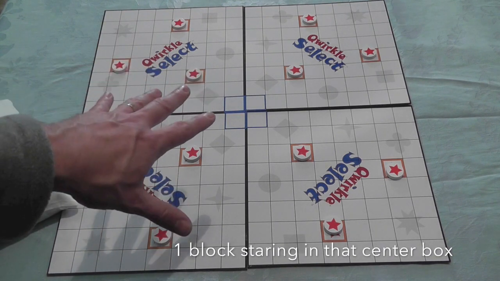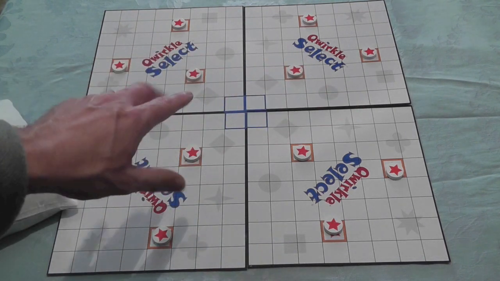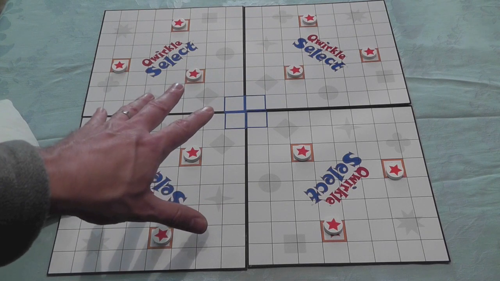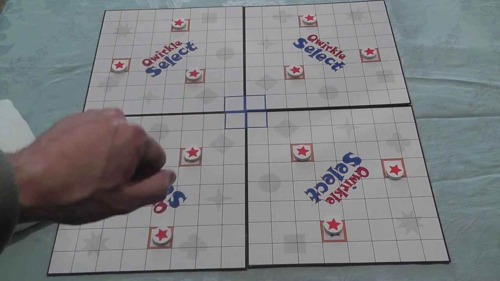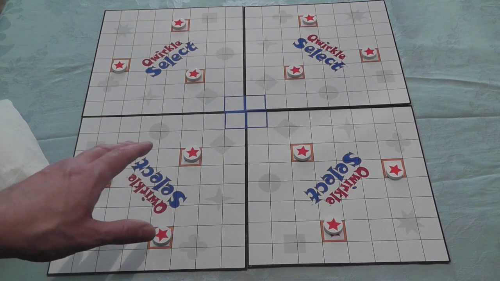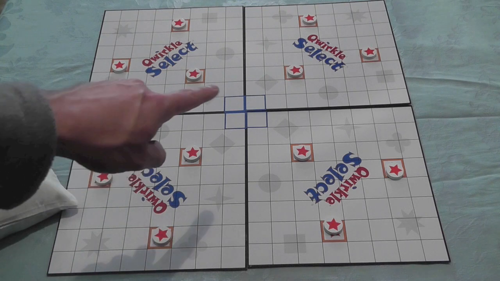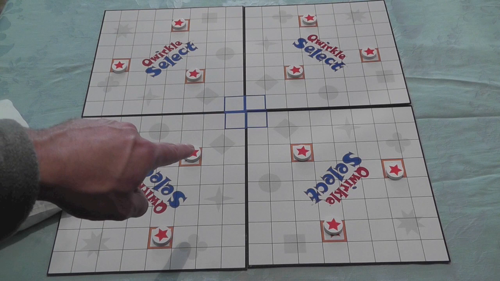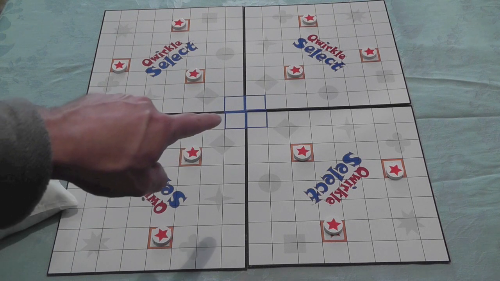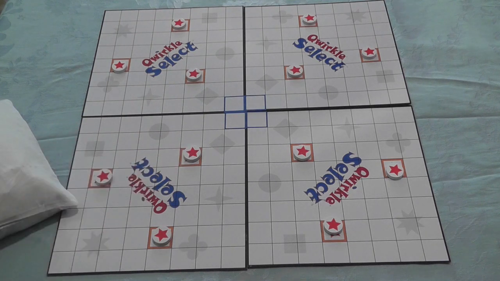Now when you're playing Qwirkle on this Select board, you can never stray off the edges, so it's confining you a little bit. Some people like it. I actually do. Some people just like the free form on your table or whatever. The other key point, of course, are these little star tokens. If you lay your tiles down and you end up laying over a spot that would cover one of these